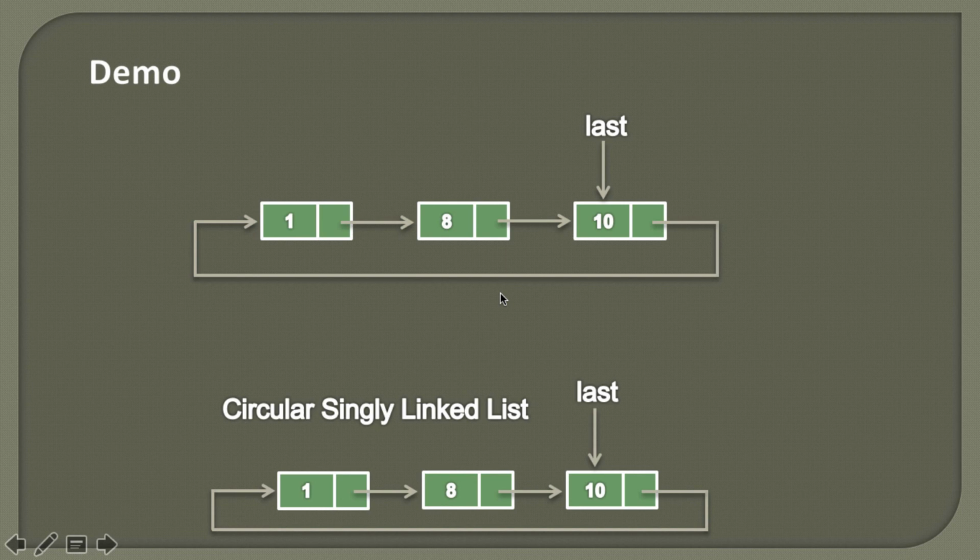So friends, here if you see, we inserted 3 nodes and we knew that node 1 is the first node and node having data as 10 is the last node, and here the last node is pointing back to this first node. So therefore we saw how circular singly linked list is created and how they maintain a circular property. So friends, in this tutorial we discussed how we can represent a circular singly linked list in Java. In my next tutorial we will see how we can implement circular singly linked list in Java.